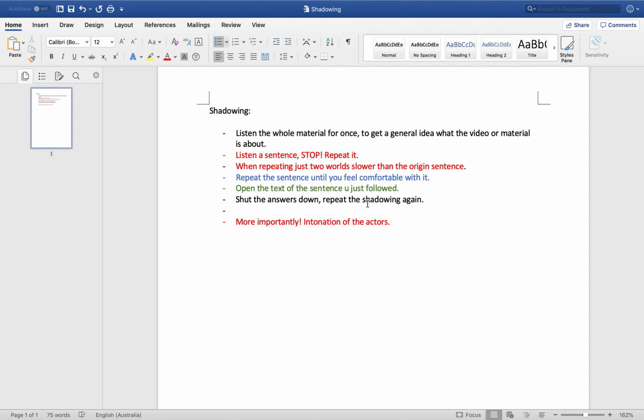Repeat the shadowing again. After you finish these steps, you're going to have a full comprehension of the sentence: just listen to the whole material for once. But more importantly,